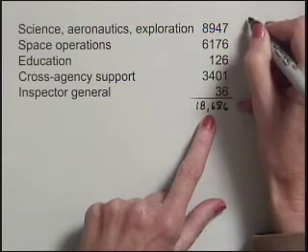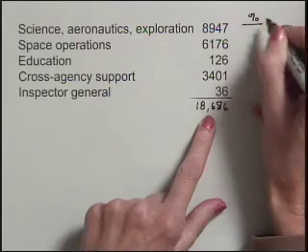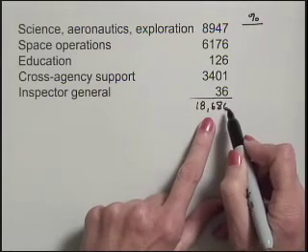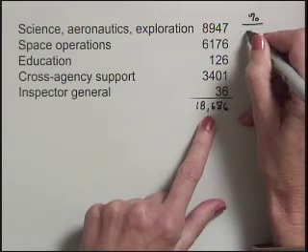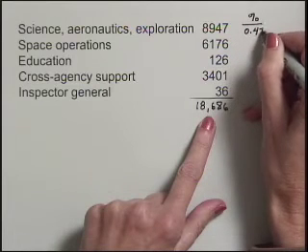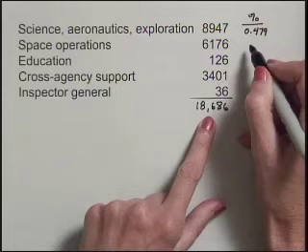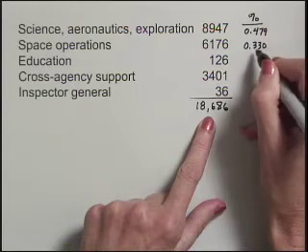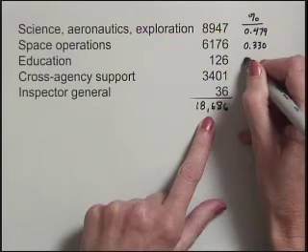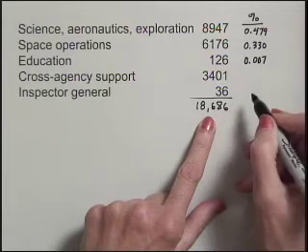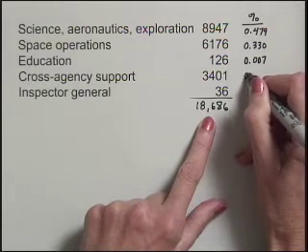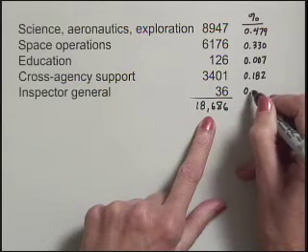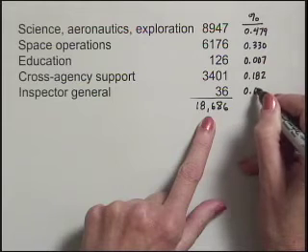So if we look at the percent of the budget that's being represented, for 8,947 divided by our total of 18,686, we come up with a value of 0.479. We can do the same thing for each of our entries. So I've gone ahead and done this previously, but you can see what we're doing in order to get this. This is about 33%. We've got less than 1% represented by education. We end up with about 18% represented by cross-agency support, and another less than 1%, in fact, this is only